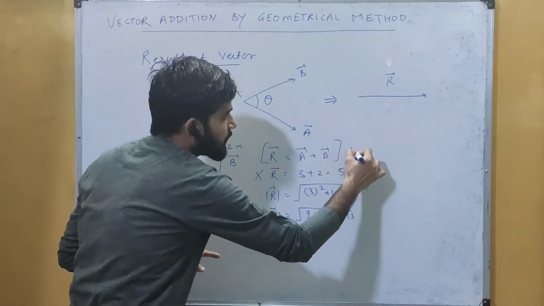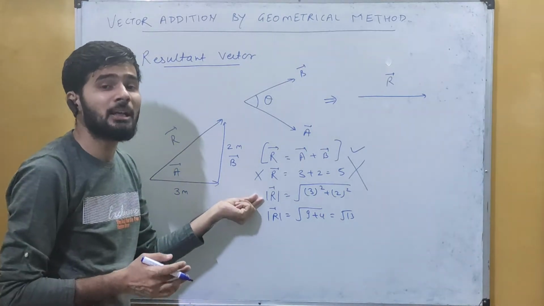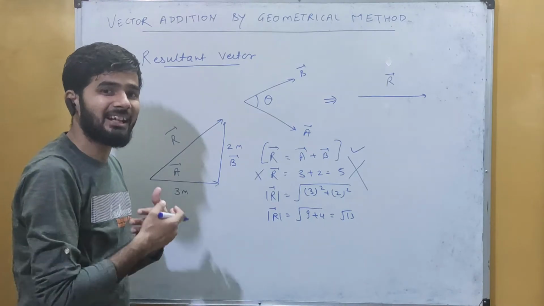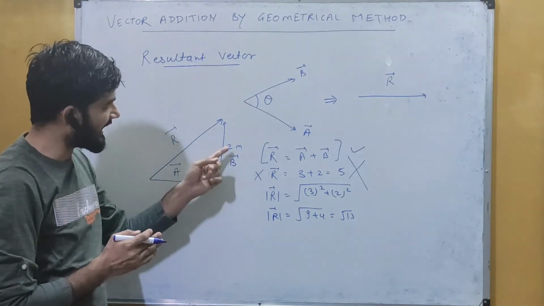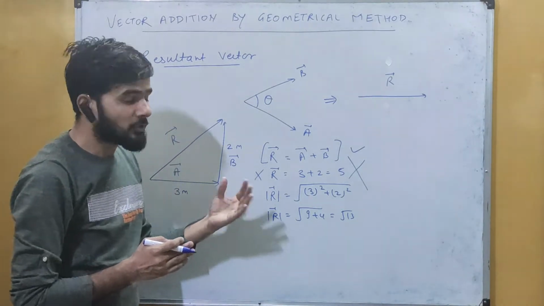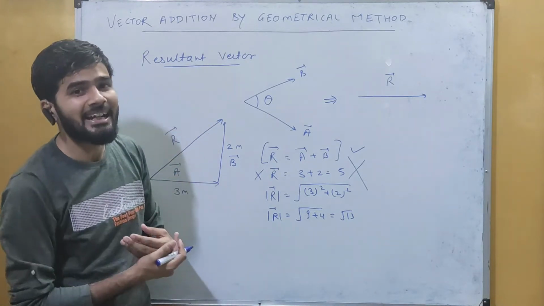So this is the notation in which we can write the resultant, and this is how we can find the resultant by using vector addition. This is how we can find the resultant for vectors which are acting in different directions. Now for a vector we have two different things, that is its magnitude as well as its direction.